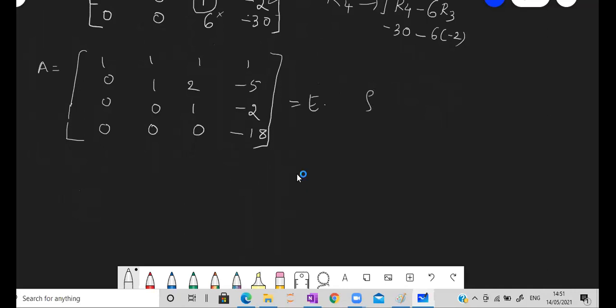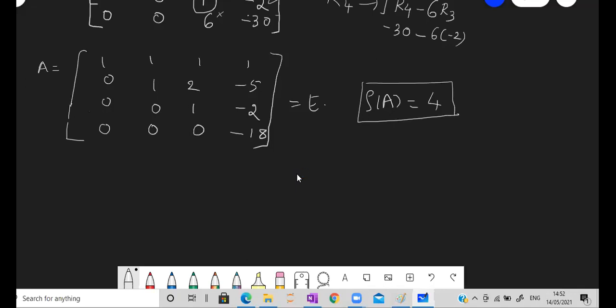Now can you tell me the rank? 4. See, 4. So rank cannot be more than 4. Rank can also be 4 here. It's a 4 cross 4. So it is not compulsory that surely any of the rows is going to be 0. It is not like that. Carefully you do it. If you make a mistake when finding some element, you may get it wrong. That's why be careful and apply the operation correctly.